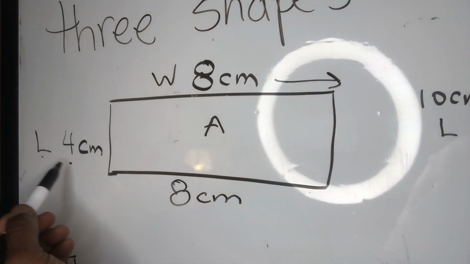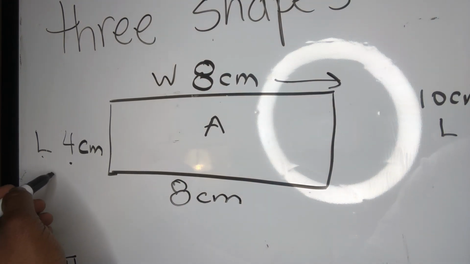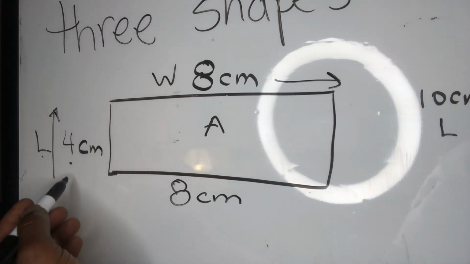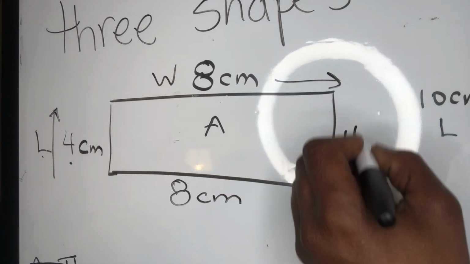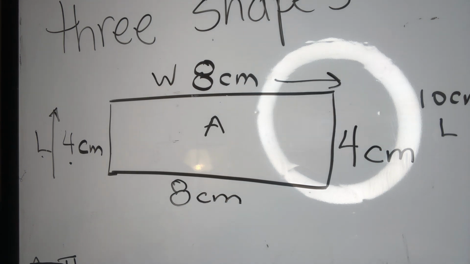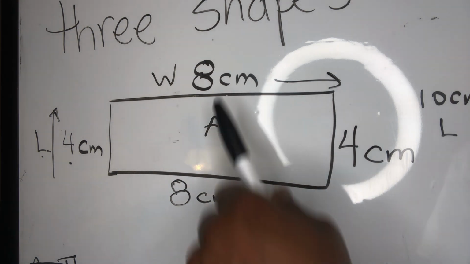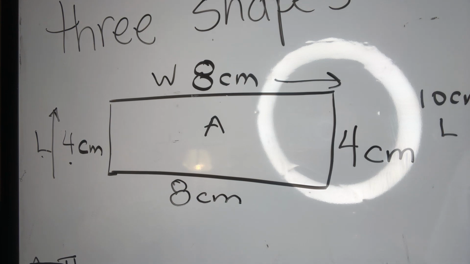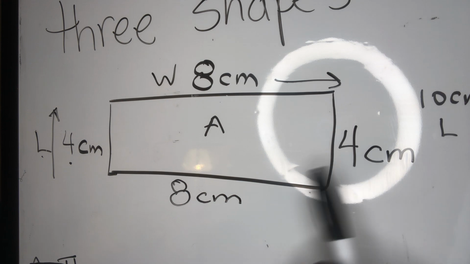Same thing like here on your other side, which is called your length. It's going up this way. That's your length. That's 4. So we are to assume that they are the exact same. So this side is 4 too. That's very important for you to remember, because when you're doing your formula, this is how you get 2 widths and 2 lengths. And you need that to put in your perimeter formula in order for you to solve. So be careful when you go into solve your problem to make sure that you automatically put in the missing